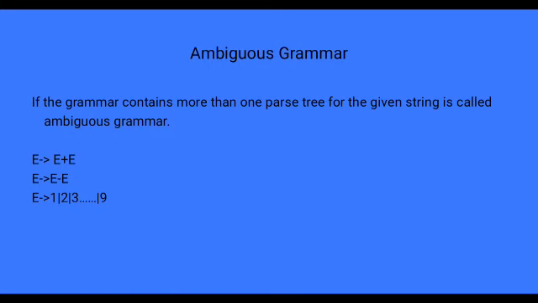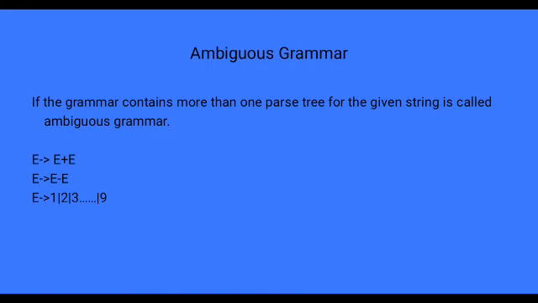And again I am giving you examples. Today in class I have given one problem in ambiguous grammar. I am showing it here on the screen. E tends to E plus E, E tends to E minus E, E tends to 1, 2, 3 up to 9. Draw a parse tree, and the input string is 9 minus 7 plus 2. Solve the problem by using parse tree and prove that it is an ambiguous grammar.